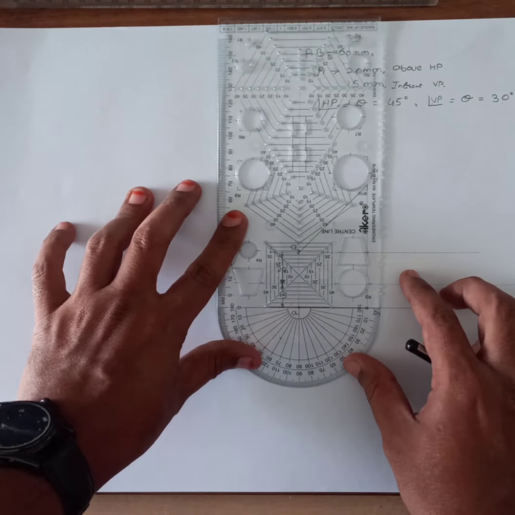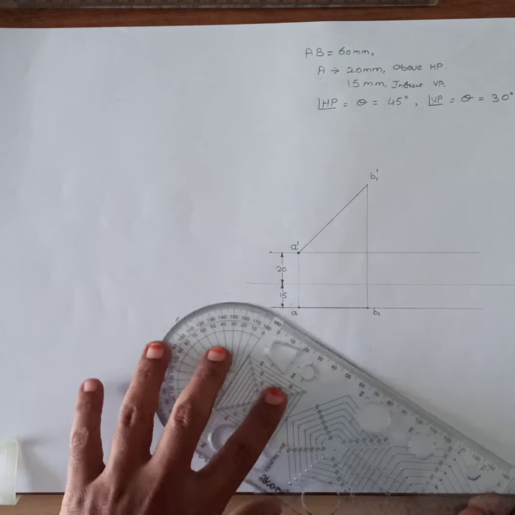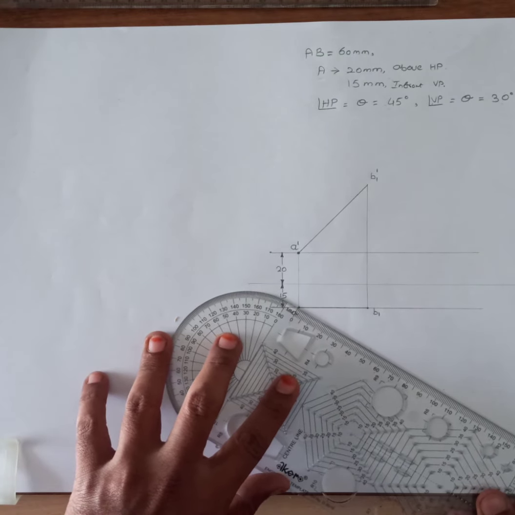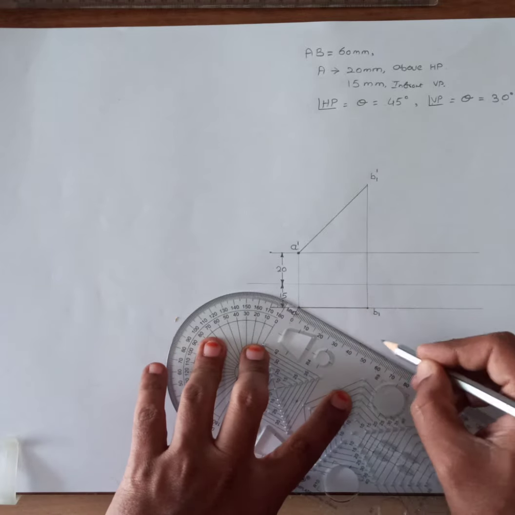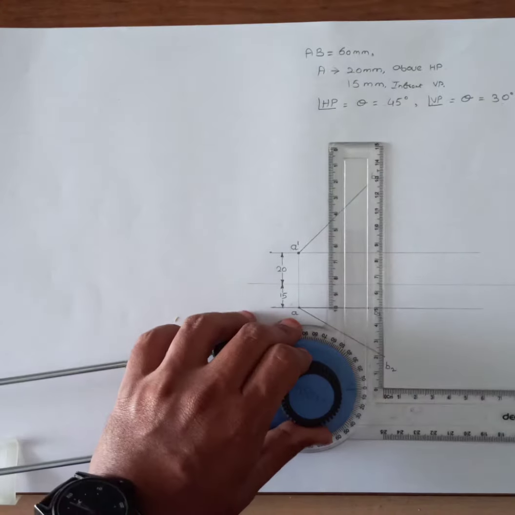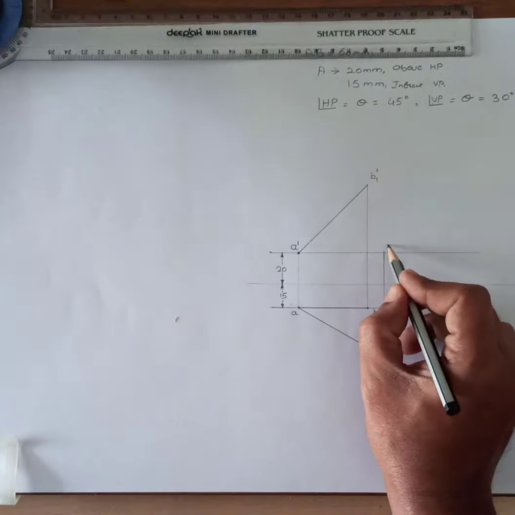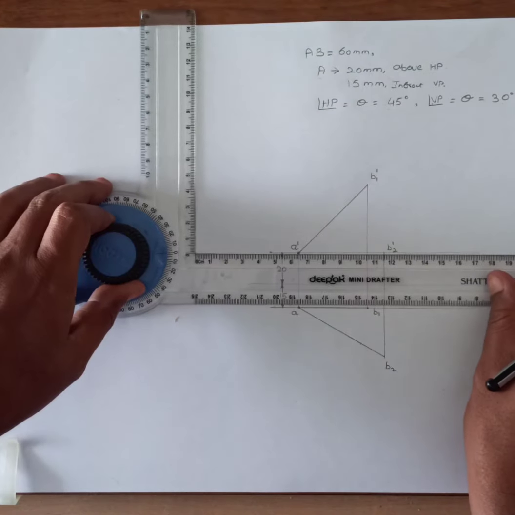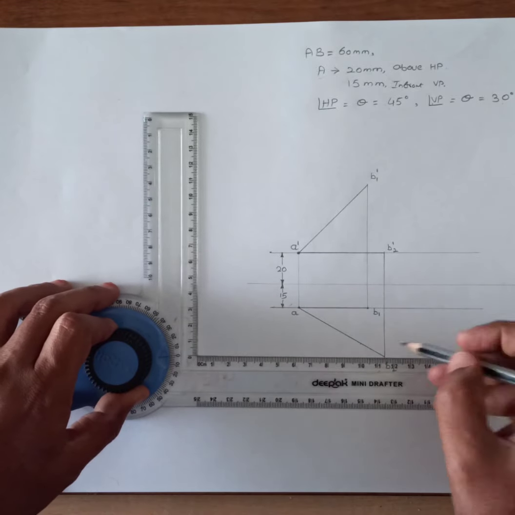In the problem, the vertical plane angle is 30 degree. The vertical inclination will be seen in the top view. So, from the point A, for 30 degree and for 60 mm, draw a line. Also, mark the endpoint of the line as B2. Now, from the point B2, draw a vertical projection to the opposite locus. In the opposite locus, you will get the front view of the point B2 as B2 dash.